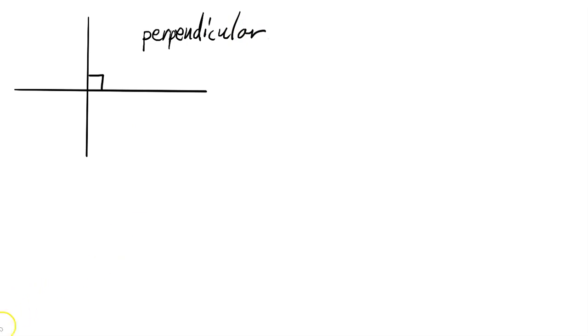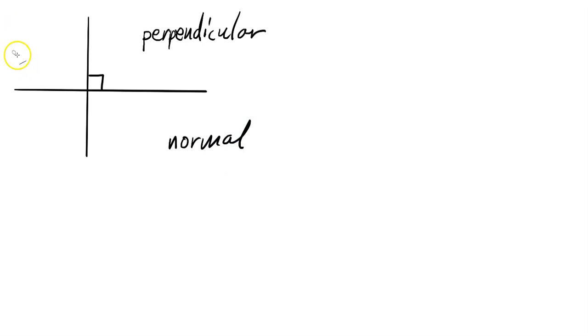If you have two lines intersecting and the angle between the lines, this one, is 90 degrees, then you say that these two lines are perpendicular. So these are perpendicular lines. You also say that this line here is a normal to this one. It's a normal to that one. And oppositely, this one is a normal to that one. That's because they are perpendicular, so they are normal to each other. That is normal.